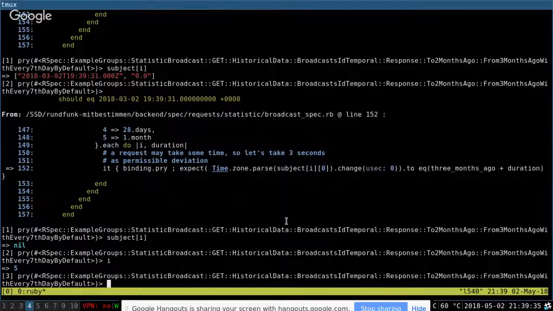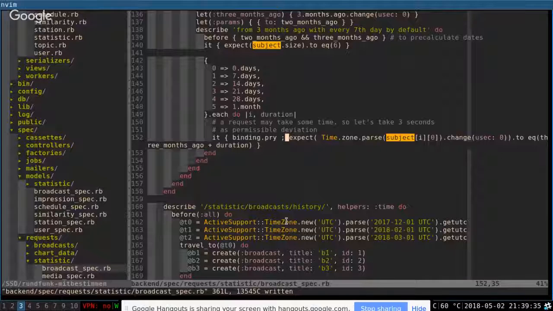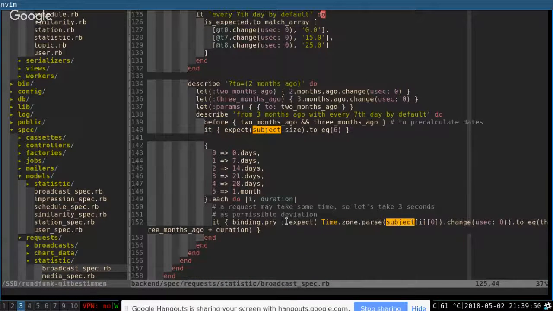So i is 5, and the last subject at position 5 will be nil, which makes sense because we have also 5 instead of 6 responses.